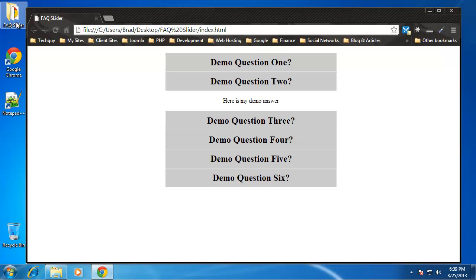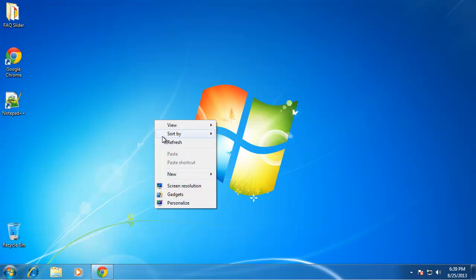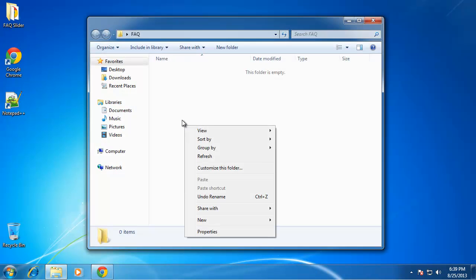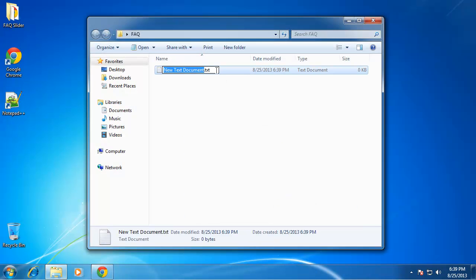So let's get started. I'm going to create a new folder, and I'm going to call it FAQ. And we need to create our file structure, so of course we need our HTML file, which I'm going to call index.html,